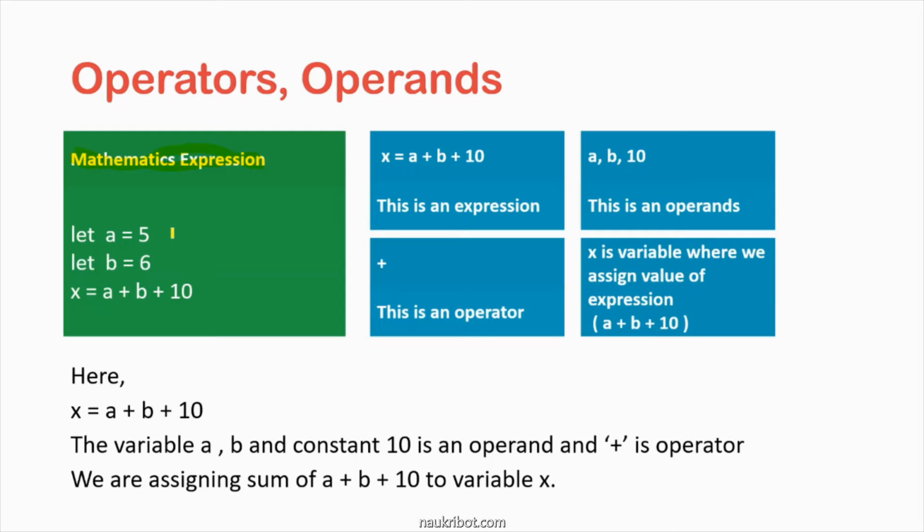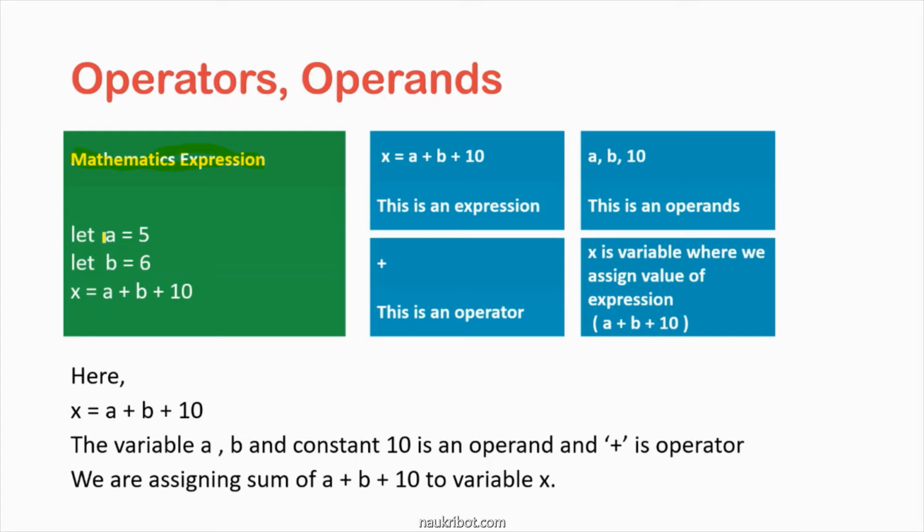First of all, I will tell you what a variable is. We have already discussed the definition of a variable in the last video. Again, a variable is a memory allocation. A variable is the storage which stores data, any type of data, whether it is an integer, a string, a boolean, etc.